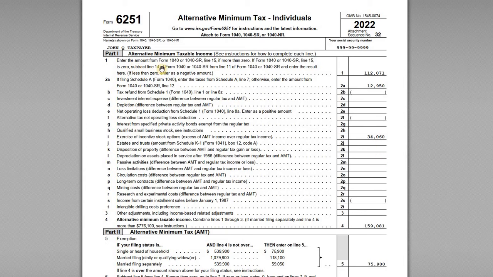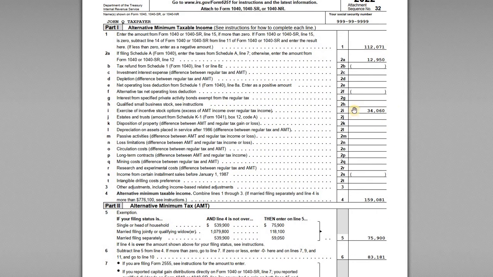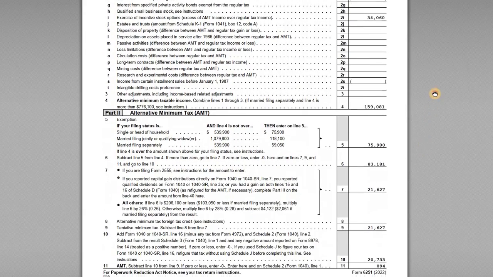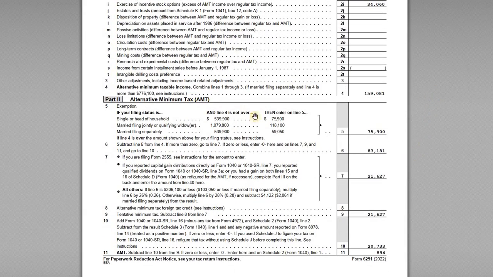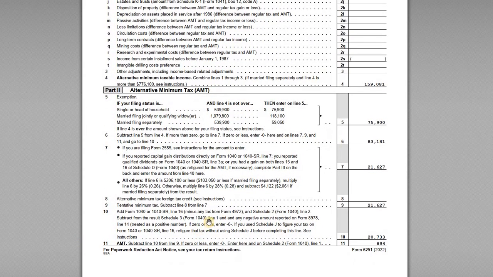So when we calculate John's alternative minimum taxable income, we've got his regular federal taxable income there. We have an add back of his standard deduction, and then we have an addition of the bargain element. So $34,060 in additional income. So John's AMT income is $159,081. So once we have that AMT amount, how do we calculate any additional AMT tax that should be included